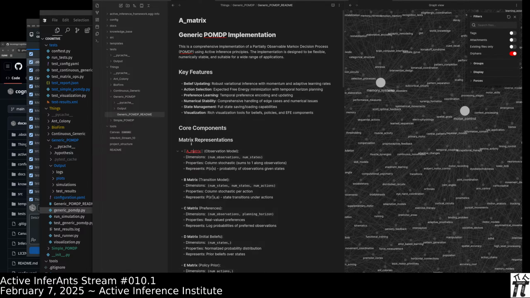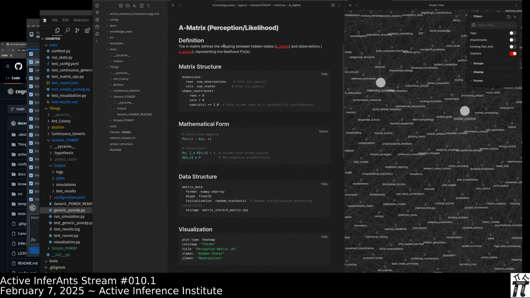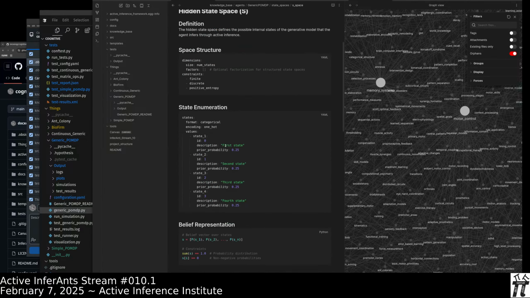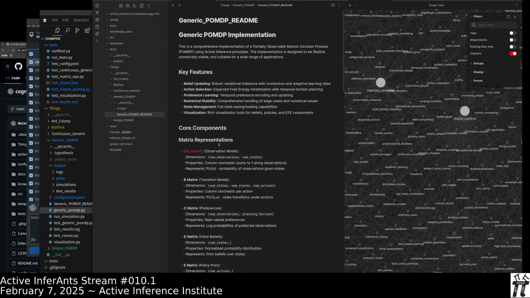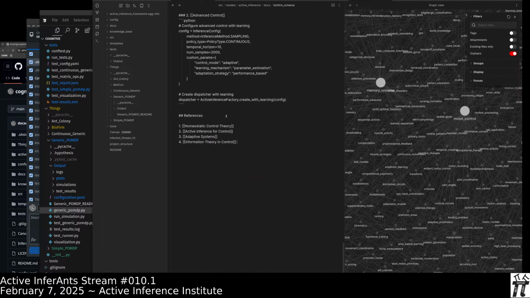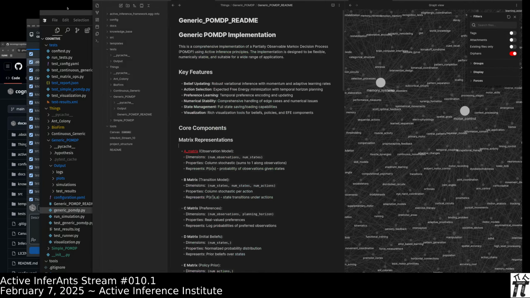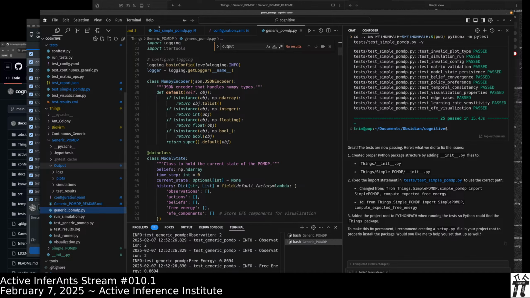A matrix. It's like, what about the A matrix? Oh yeah. It defines the mapping between hidden states, the S space, and observations, the O space. What's the S space? Oh yeah. It looks like that. So it is just tracing around all of these different aspects of the total semantic space,